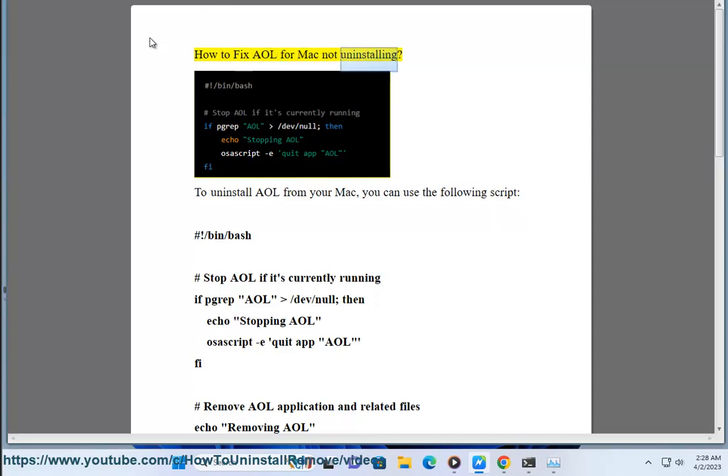How to fix AOL for Mac not uninstalling. To uninstall AOL from your Mac, you can use the following script,